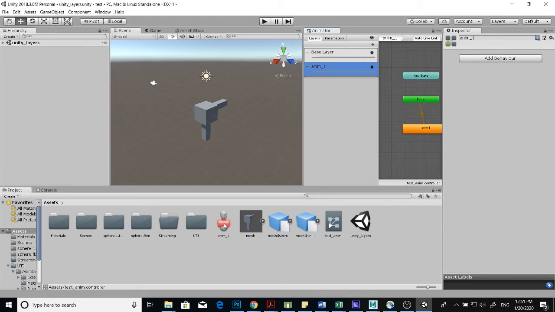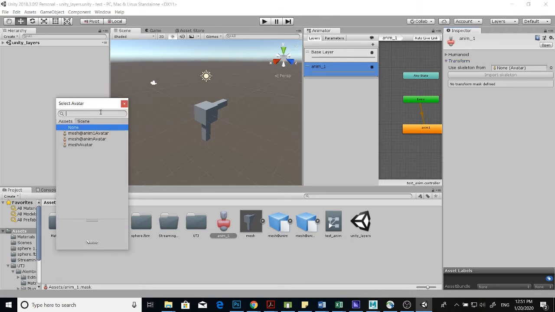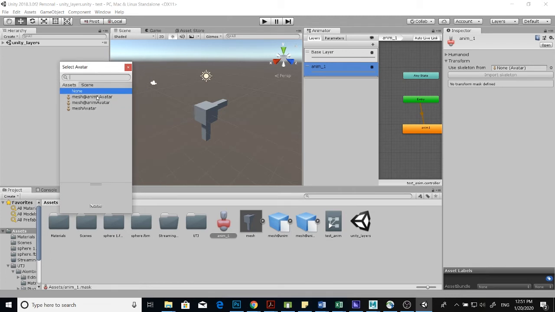So once you create this mask, you click on it and you see two options, humanoid and transform. And since we have a custom rig that doesn't really reflect a humanoid skeleton, what we want to do is expand the transform option right here and then click on this little tiny dot next to the field. Once you click on it, it will open a window that will let you choose which animation clip you want to store inside that avatar. So I'm going to select anim1,